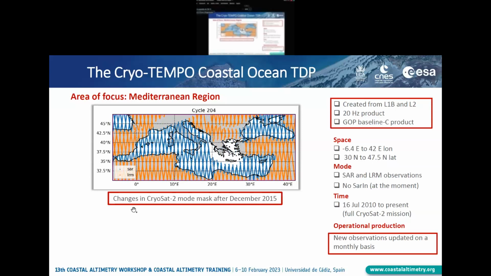Just notice that the Cryosat mask has been changing over the years, and since December 2015 there's been a big change that brought SAR measurements pretty much all over the Mediterranean basin, with a big patch of SARIN observation over the Aegean Sea that at the moment is not included in the product, but will be included in the future